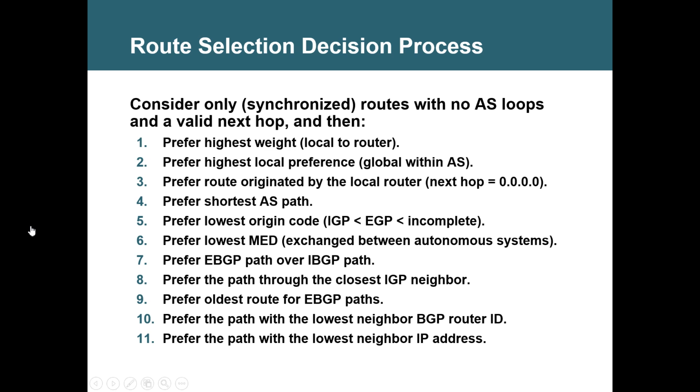No, I'm just stuck with the 10 and 11. What scenario does that actually happen in? This is just for a backup, in case some mistake has been done. Number 10 won't happen in the first place in the real world. But that is a scenario, if it has both the same router ID. Two eBGP with the same router ID. Okay. How is that possible?